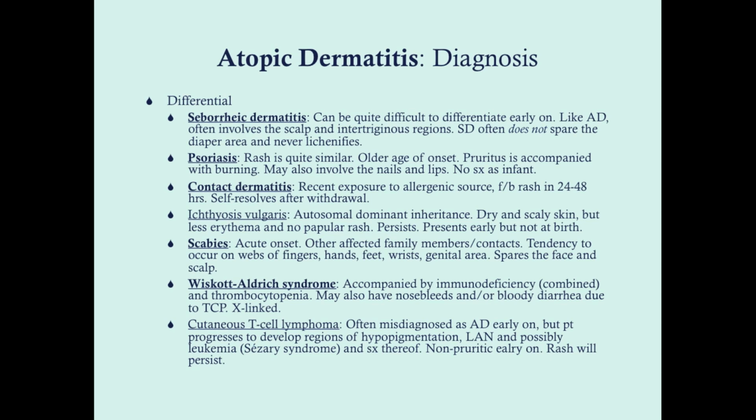Cutaneous T-cell lymphoma, not going to happen in really, really young children. But often this is misdiagnosed as atopic dermatitis very early on. It is rather indolent. It will progress over several years. This can be a very difficult differential. I don't expect you to get asked about this on the test, but what will happen is with